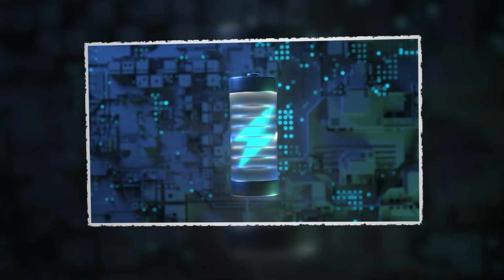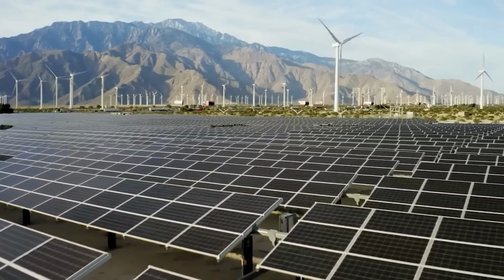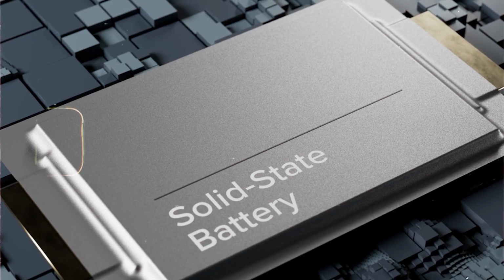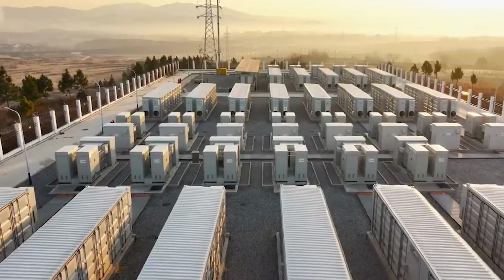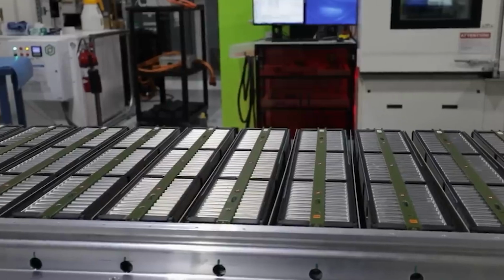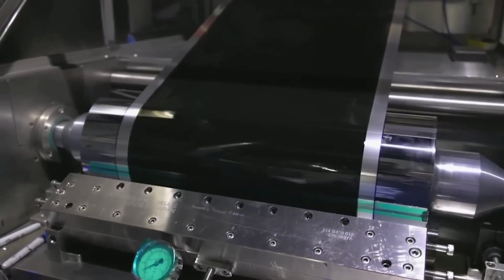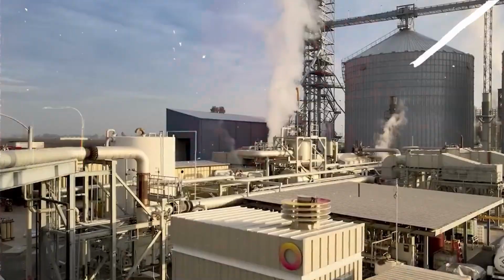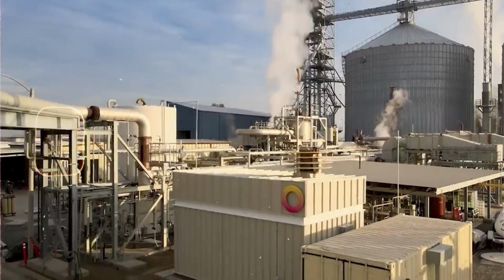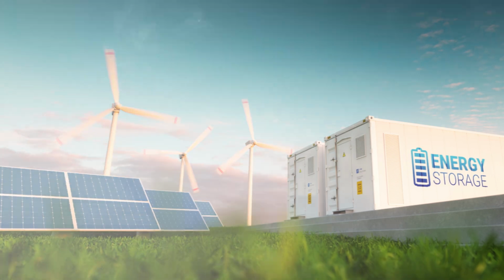Additionally, sodium-ion batteries have the potential to revolutionize industries beyond electric vehicles, extending to grid-scale energy storage and even portable electronics. Their ability to function in extreme temperatures and their superior safety profile make them a strong contender for replacing lithium-ion in many applications. Ultimately, the transition from lithium-ion to sodium-ion batteries is not just a technological upgrade, it is a step toward a cleaner, more sustainable world. If the necessary investments are made and challenges are systematically overcome, sodium-ion technology could make renewable energy storage cheaper and